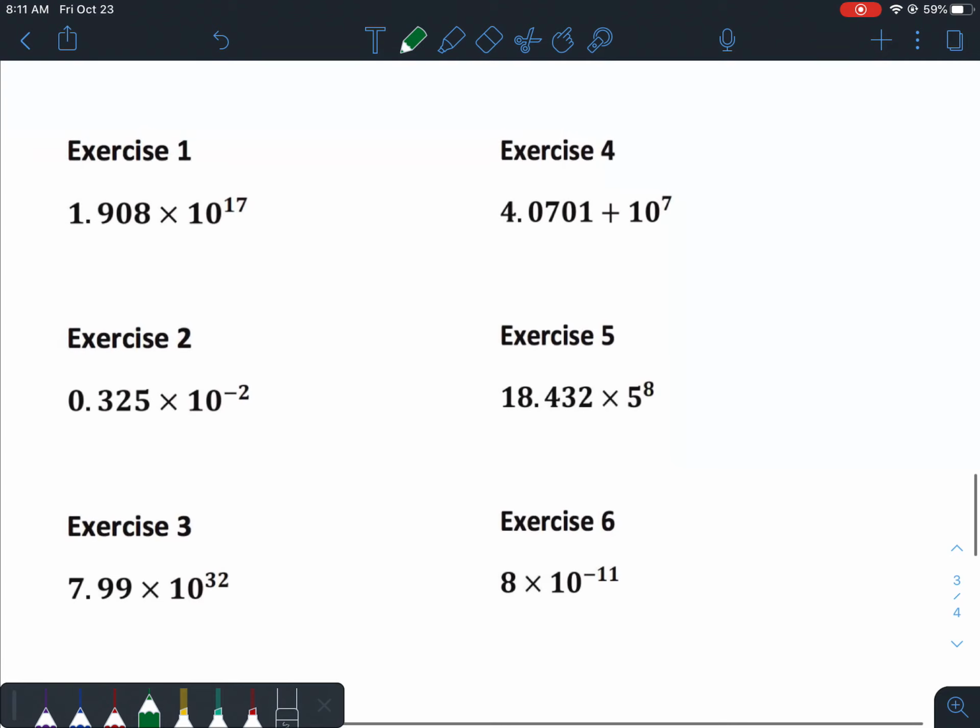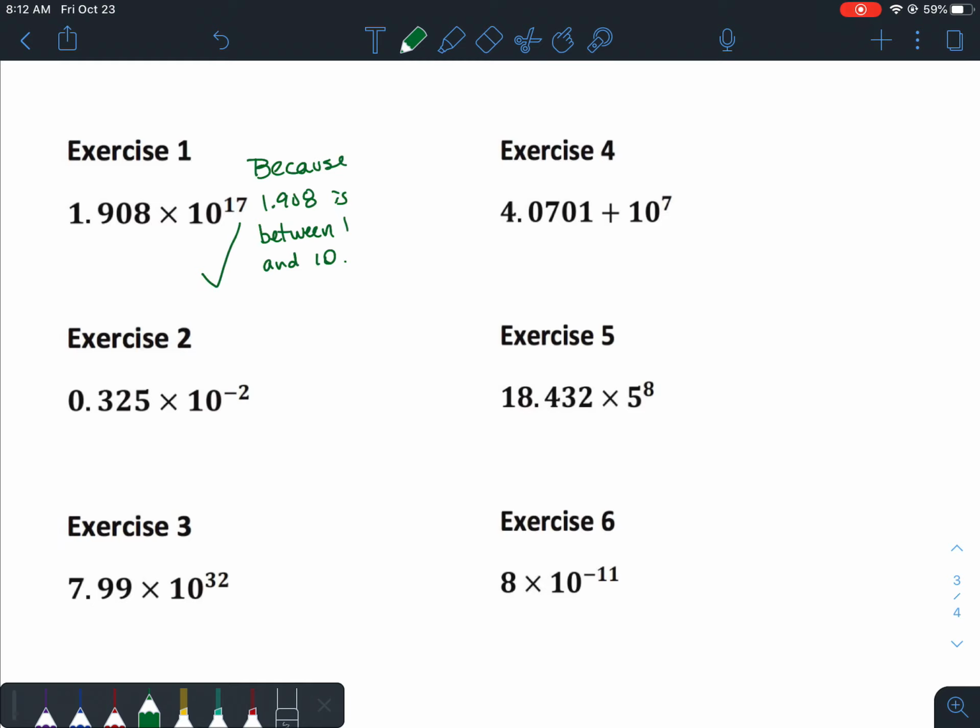So for exercise 1, is that written in scientific notation? It is, because 1.908 is between 1 and 10. I want you to do the same thing for exercise 2 through 6 on your own, so